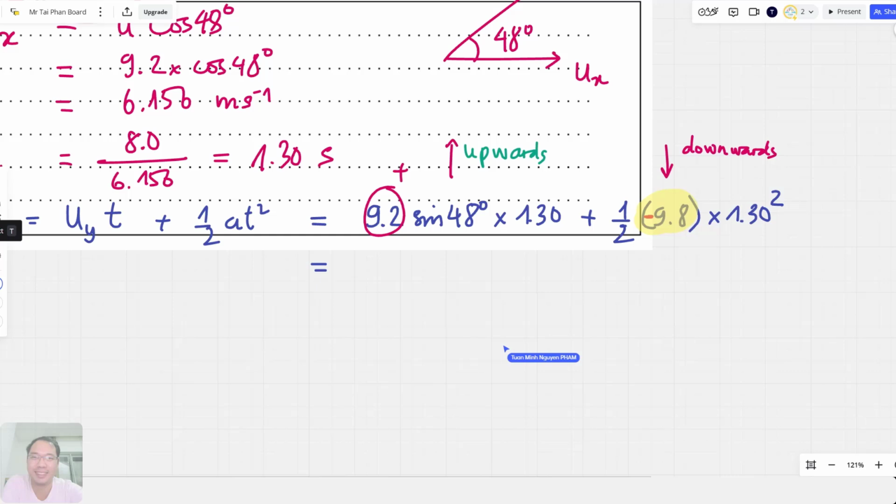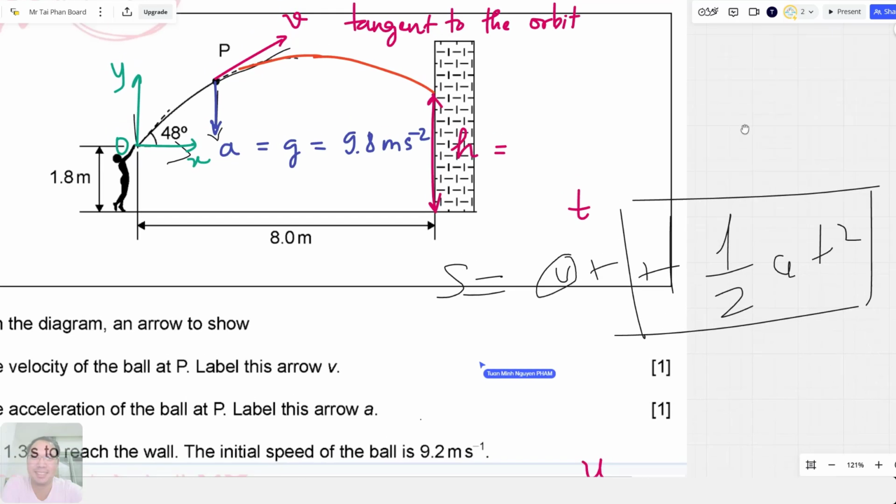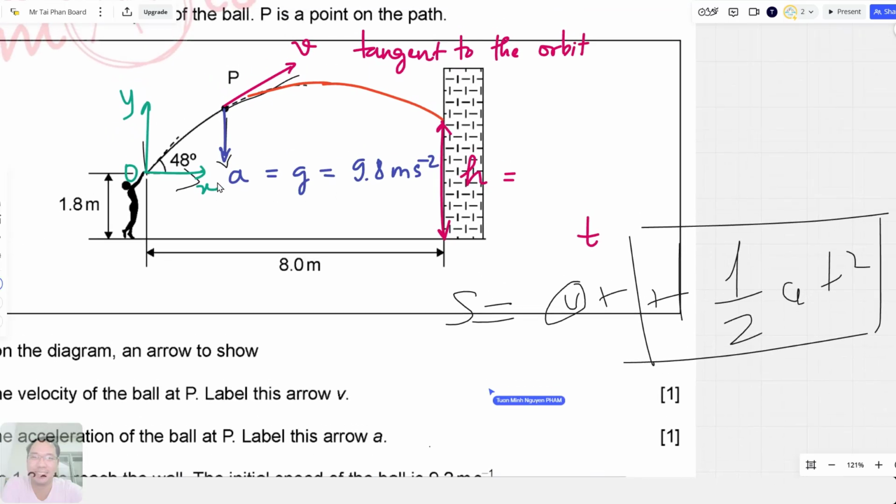1.8. 1.3. So, I got 0.6 and something, or just 60? 60 meters. Okay. It means that the position of the ball is 0.6 meter above the origin. Here, this is the horizontal level. Let me draw that line, the horizontal level. And here, that distance that we've just found is this one, 0.6, okay,